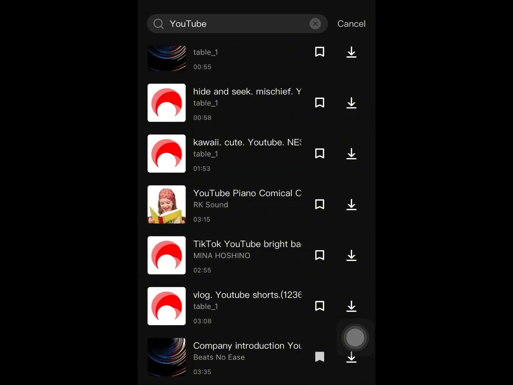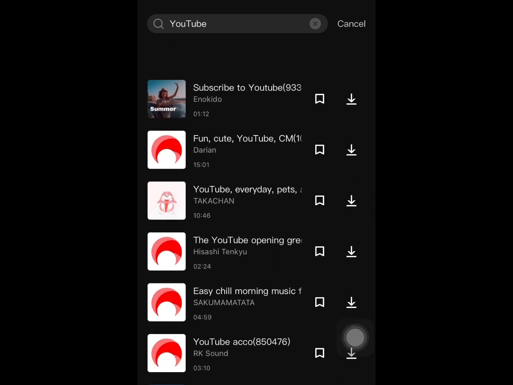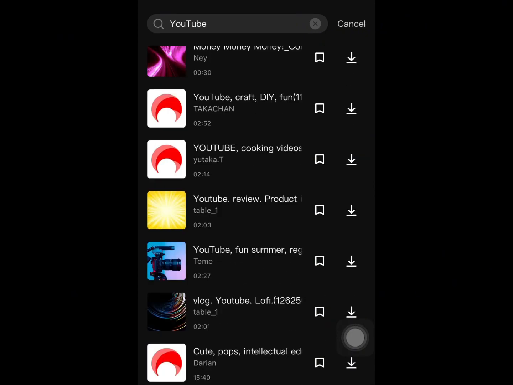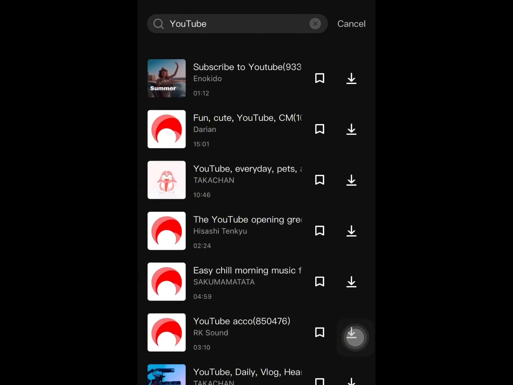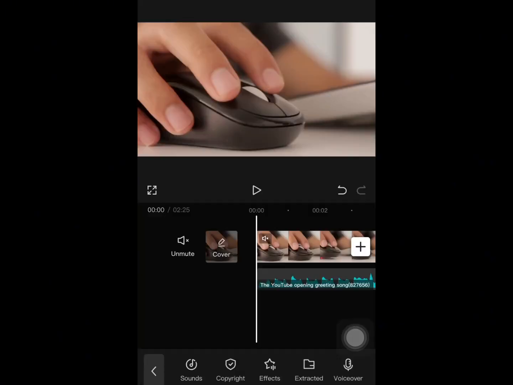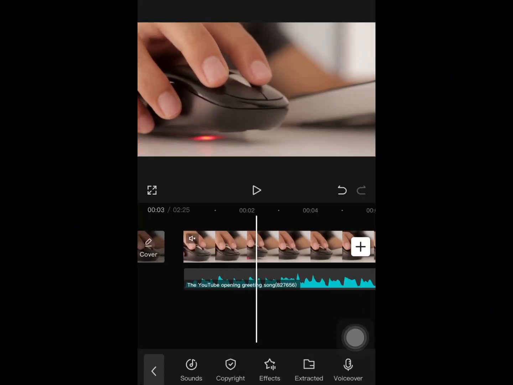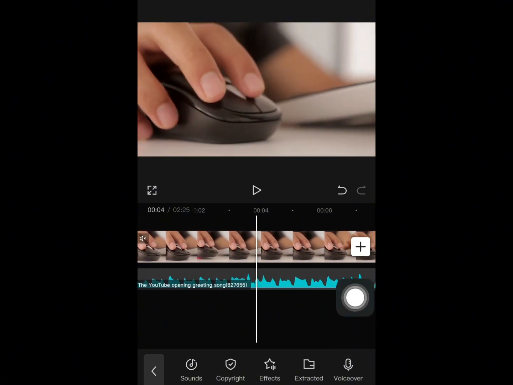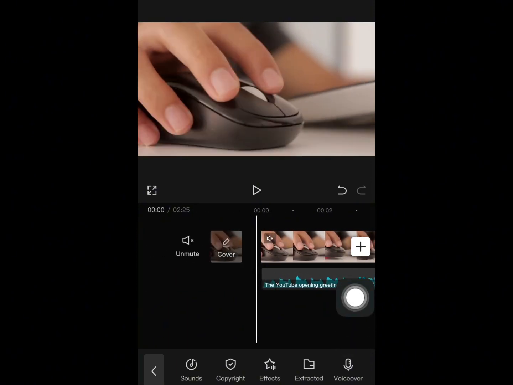I've tried that so many times. Anyone that I select from here, this one that's showing YouTube, all these open. Just cross-check any sound that you want. If you use it, most times they are not under copyright. That's how I select mine. So this is the sound that we have now. That's how I get most of the sounds I use for my videos, and most times they are not under